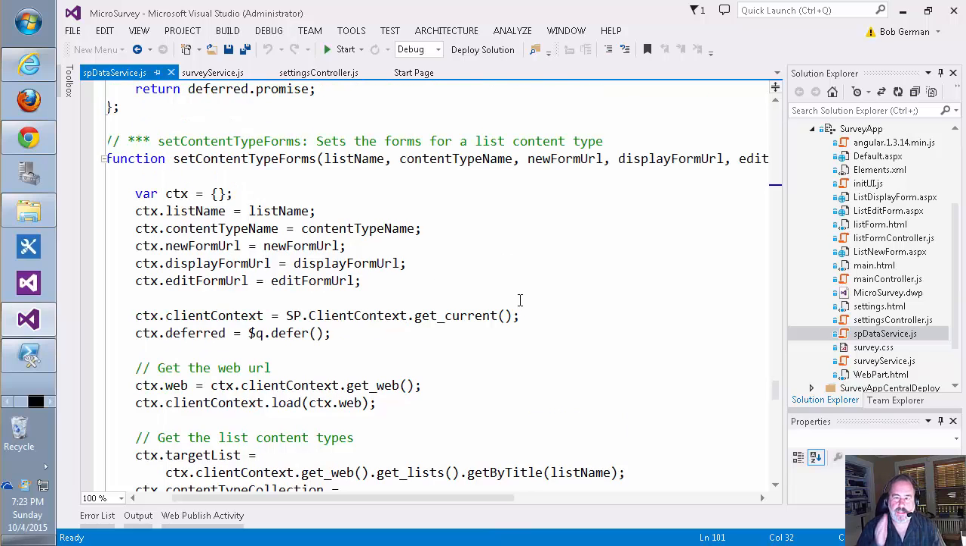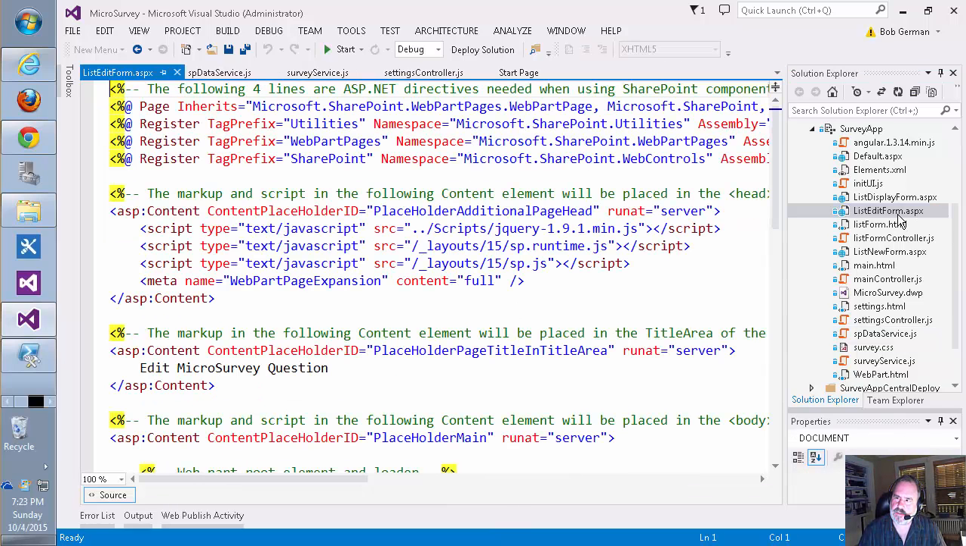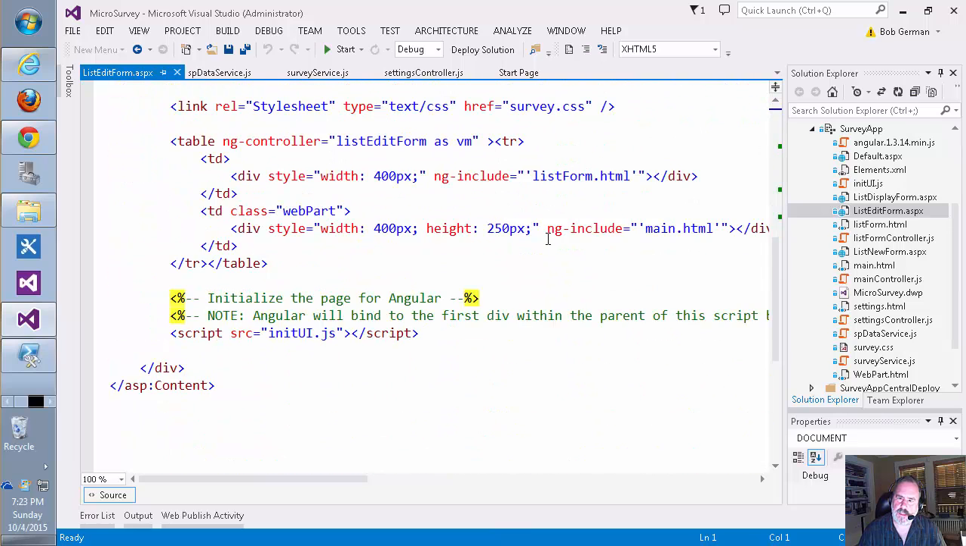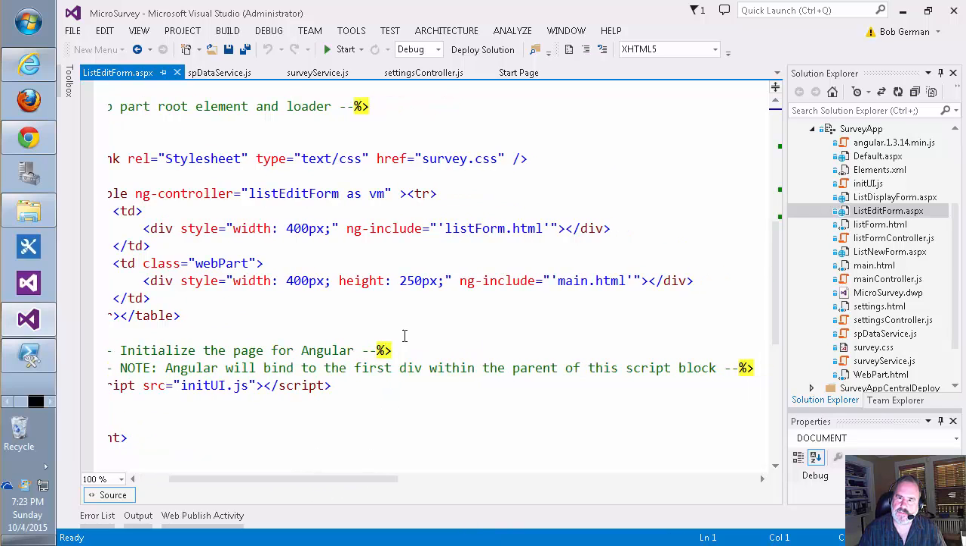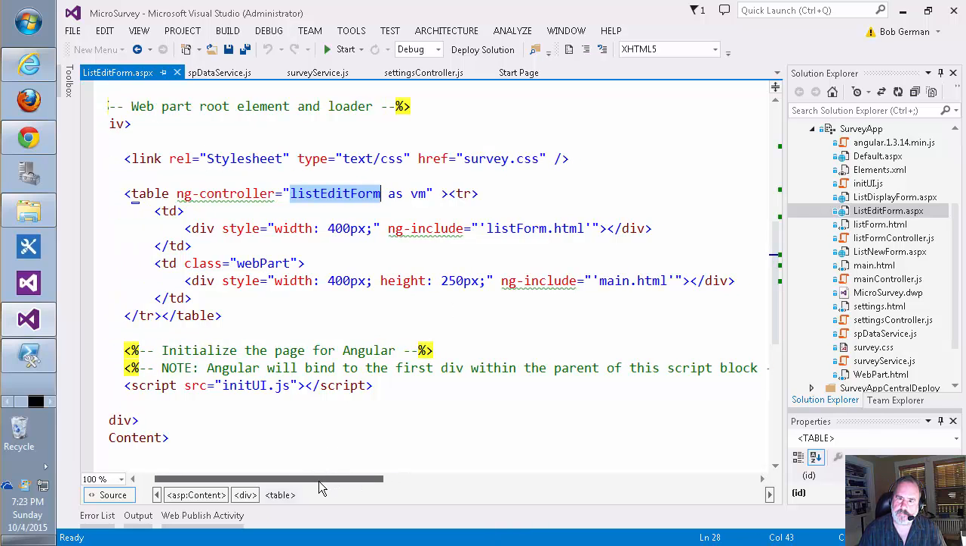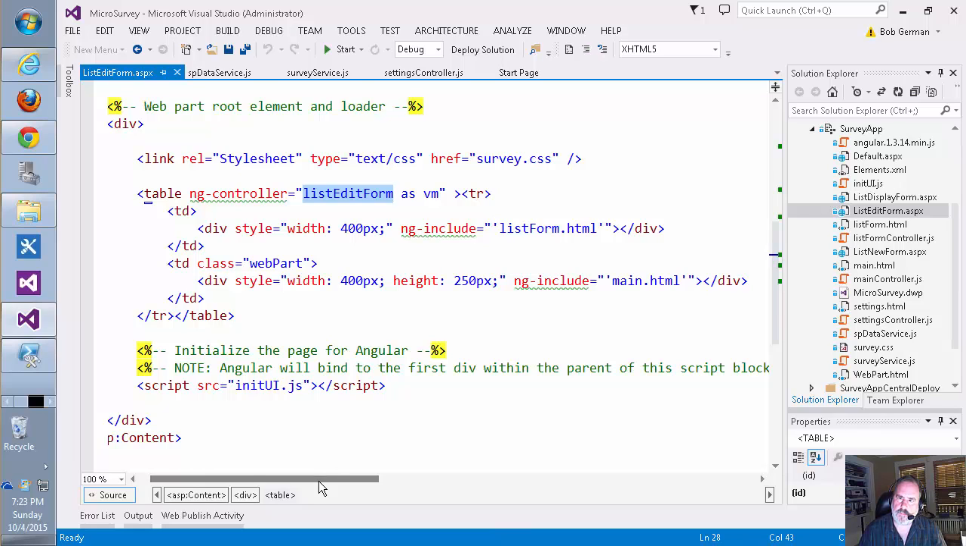I'm going to kind of fast forward to another interesting and somewhat different piece of functionality here, which is how to set the forms. So the forms, right, the forms are just these ASPX pages, and let's take a look at the edit form, for instance. It has the same exact type of Angular setup on it. Here's the list form HTML, and that is bound to this controller, and then I've got my main one to show the little preview of the